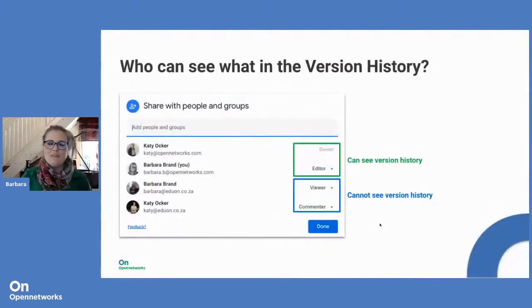One of the things that's also really important to know about with version history, so thank you, Charmaine, that was a great demo. I think it's really lovely to see how quick it is for all of us to be able to collaborate